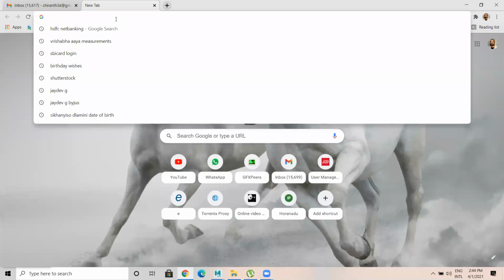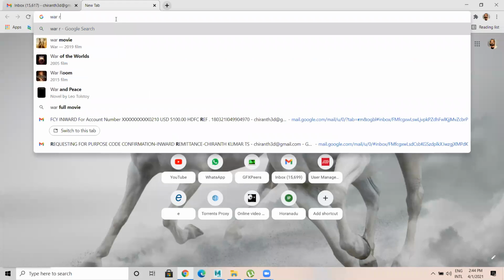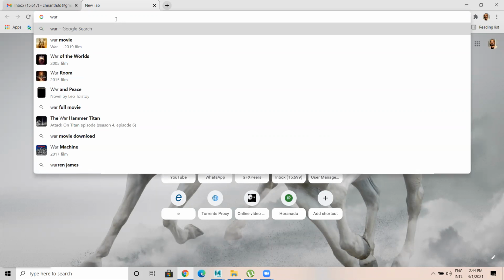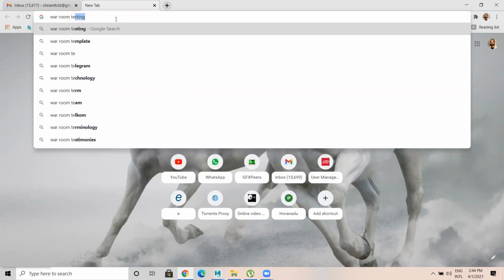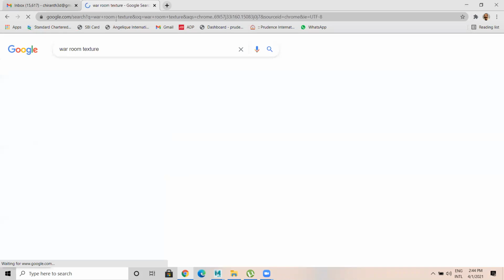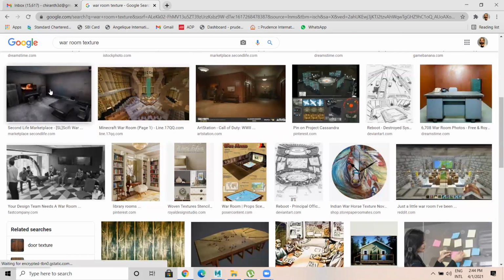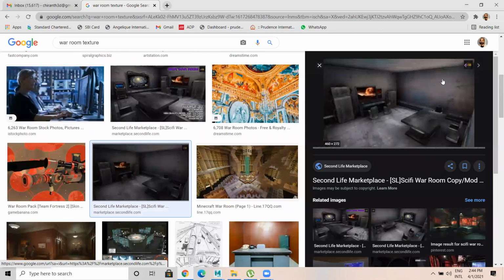Either brick or concrete or like a war room. I'll just take a texture.